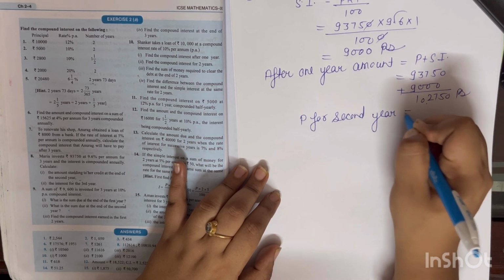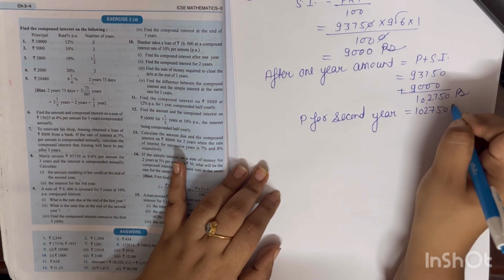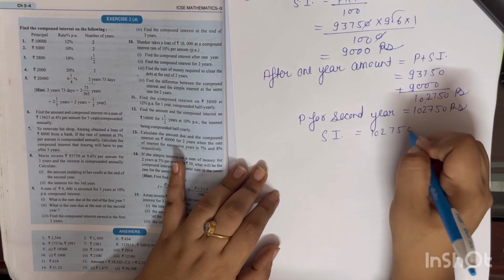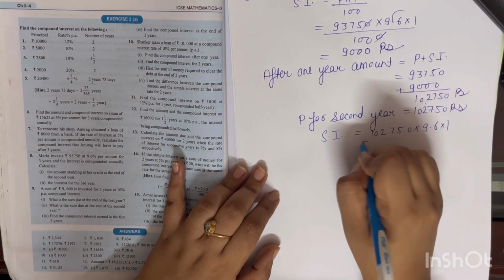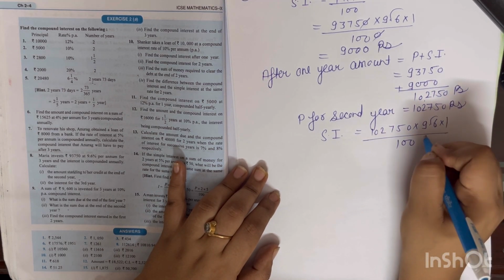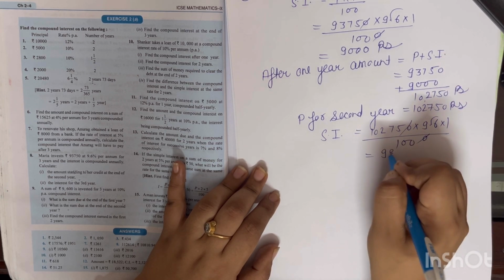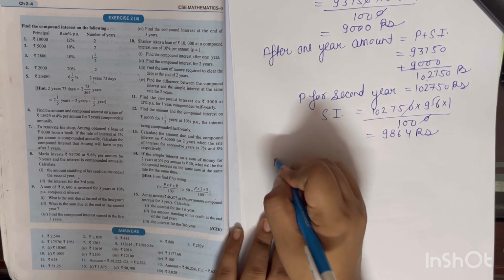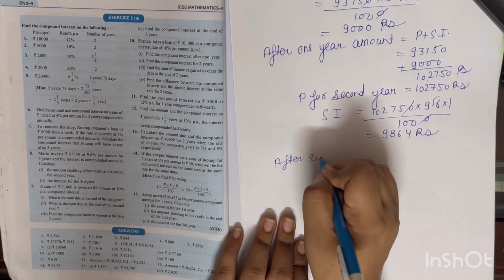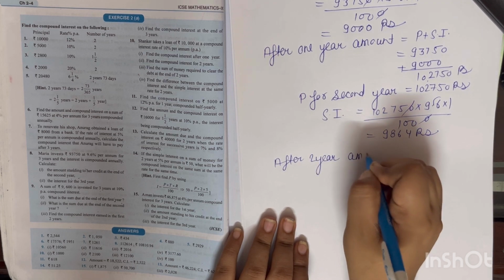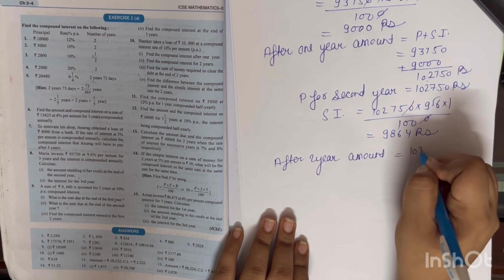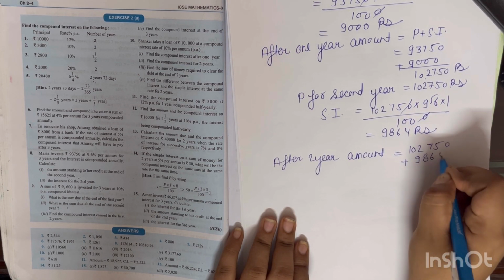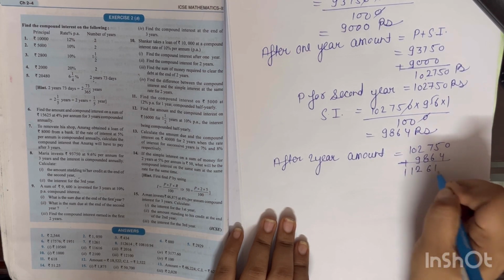Principal for second year is 102750 rupees. Now simple interest is P R T by 100. It is 9864 rupees. Now after 2 years, amount will be 102750 principal plus interest 9864, that is 112,614 rupees. Now third year principal